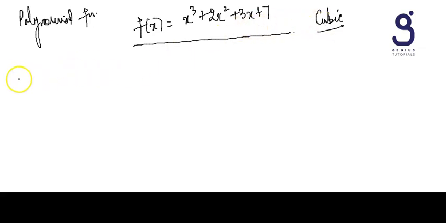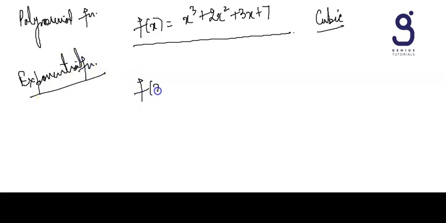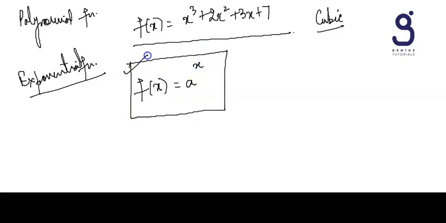But if I say what is the exponential function, in that case exponential function is basically of this type. If I say f(x) is equal to a to the power x, okay, that means value of this function increases exponentially. This is the basic definition of an exponential function. We can say that the variable is in the exponent. In case of exponential function, variable is in exponent, but in a polynomial function, variable is in the base and constant values in the power. This is the basic difference between exponential function and polynomial function.